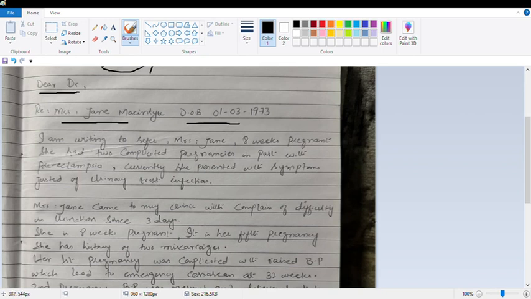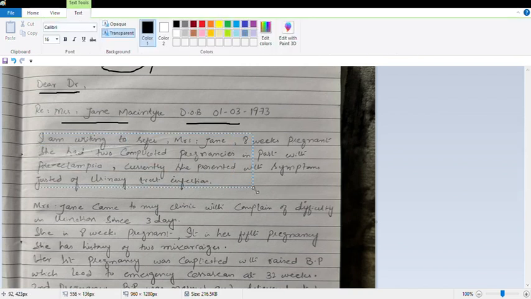What I would like to say is something better than this: you can write your introduction in a better way. Okay, so how can you write it? Something you need to improve is that you can write like this: I'm writing to refer Mrs. Jane, then comma,